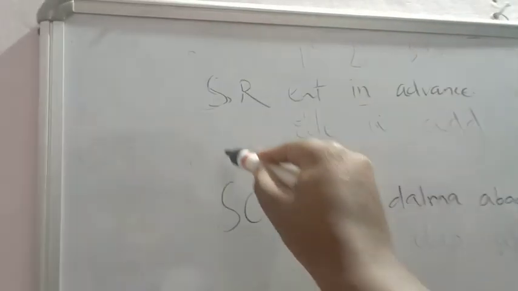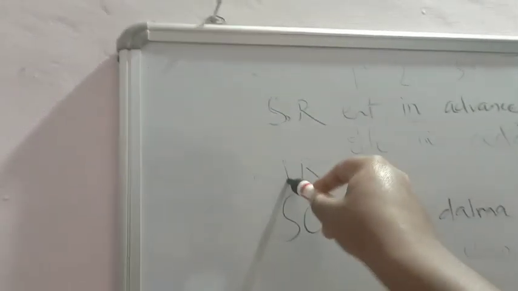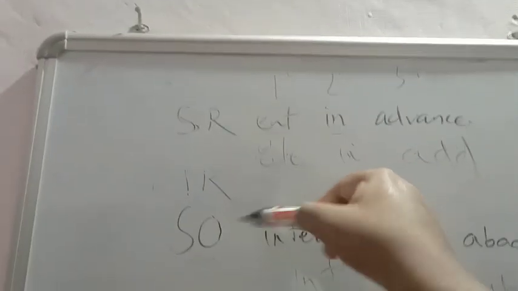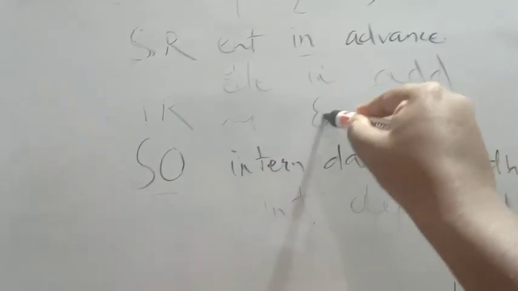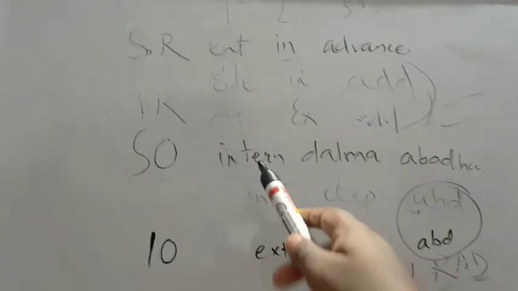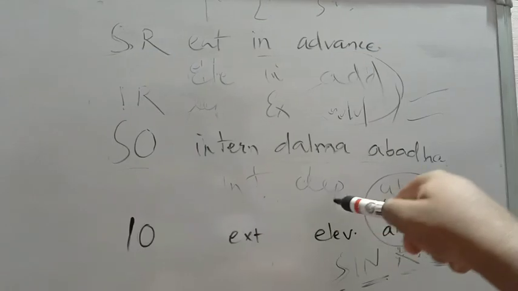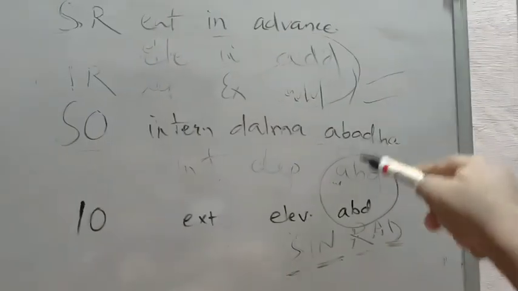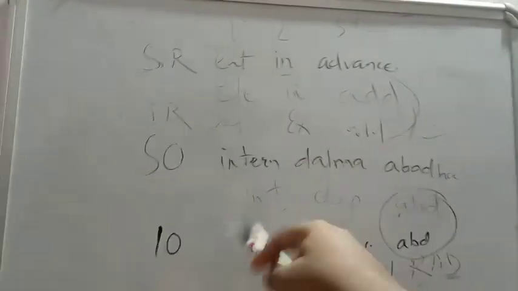So what is the action of inferior rectus? Just change the superior rectus actions: elevation becomes depression, intorsion becomes extorsion, but the tertiary action remains the same, so the inferior rectus tertiary action is also adduction. Inferior oblique: primary action is extorsion, then secondary action becomes elevation, and the tertiary action remains the same, which is abduction. So you have to remember that the tertiary action remains the same, and the other actions become opposite.